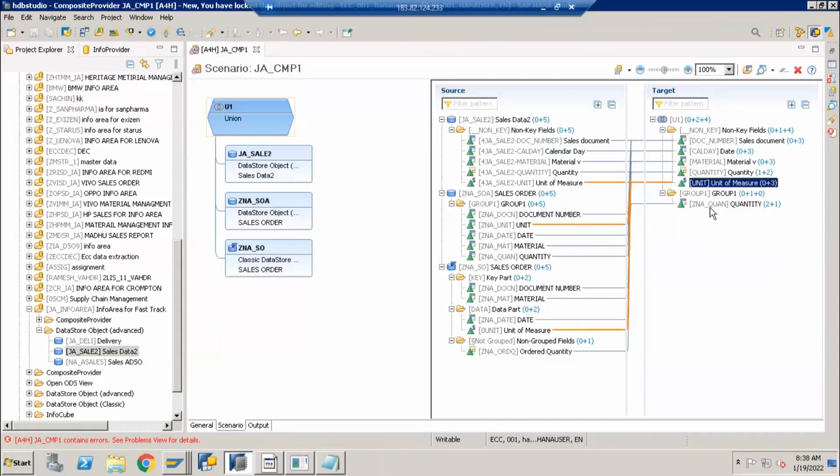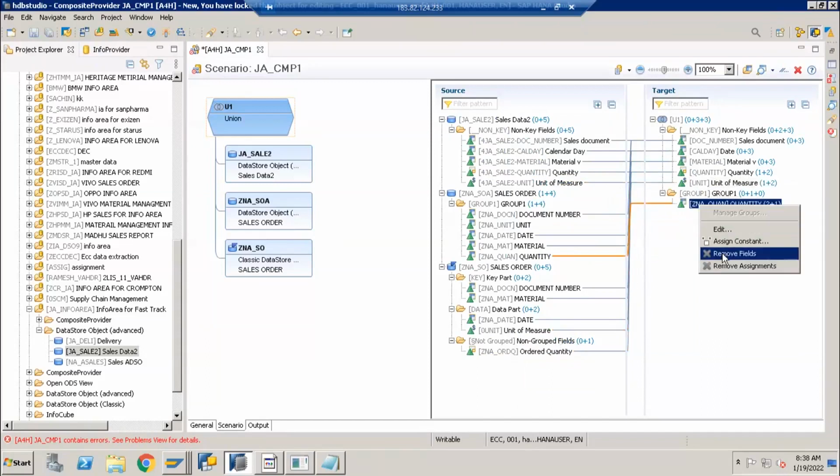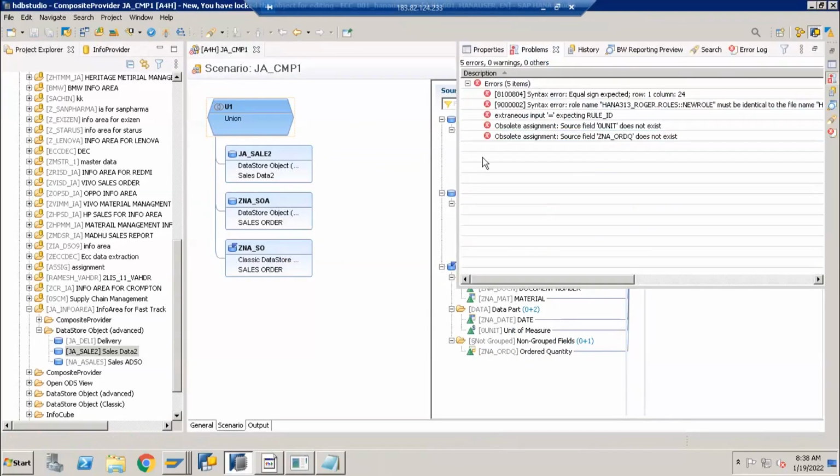Let me remove this unit assignment once. Remove assignment for unit and map only from here because it is of type quantity. So let me map from here and again map it from here. Okay, and let me remove this field. Remove. Okay, let me try to activate. Source field 0 does not exist. Upset assignment.